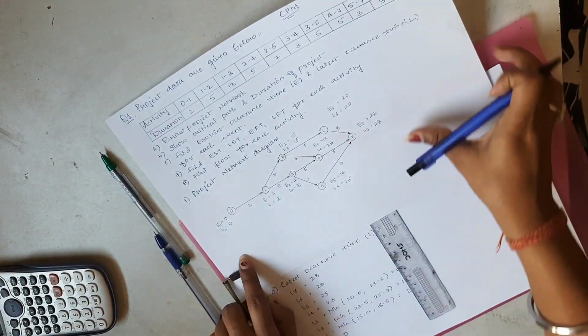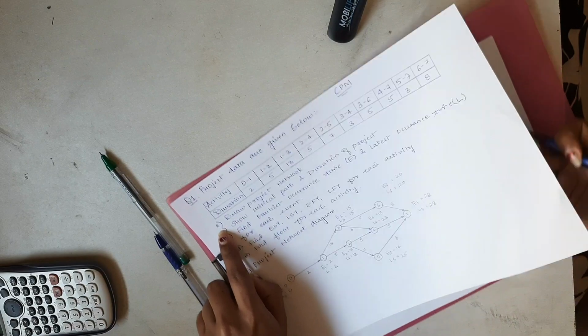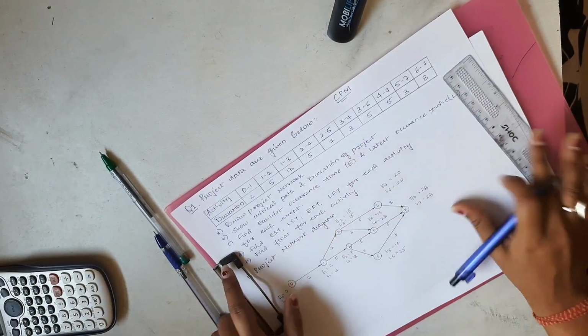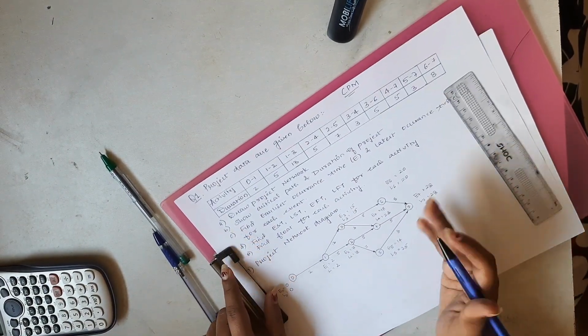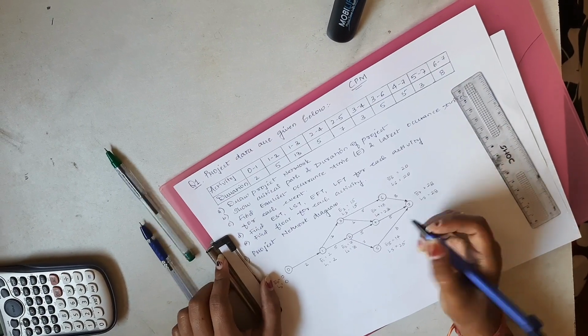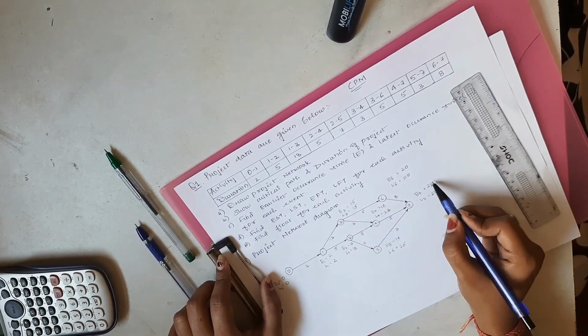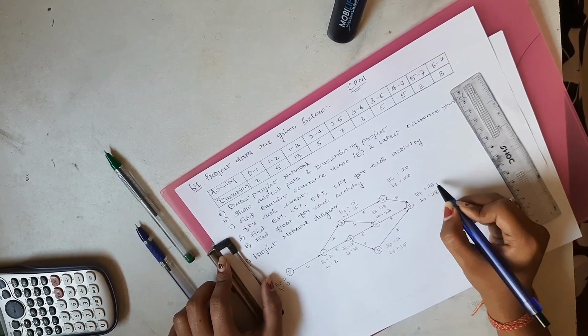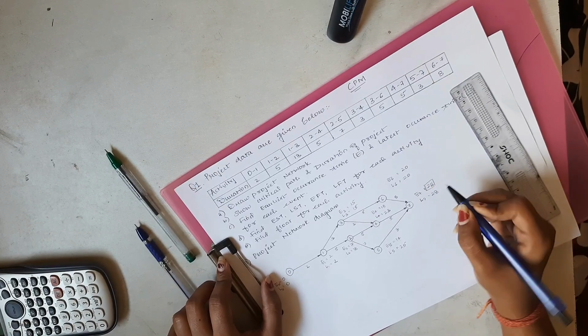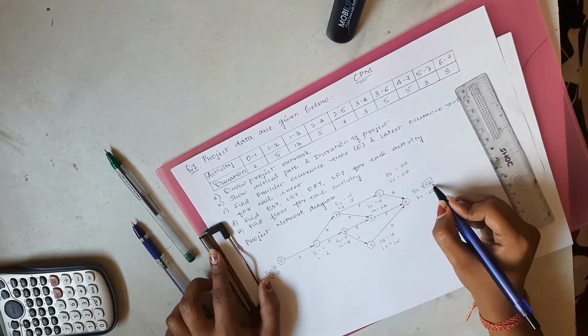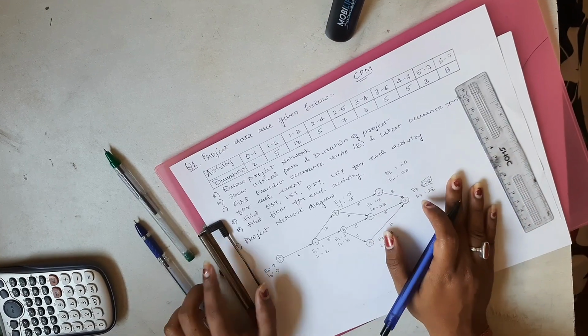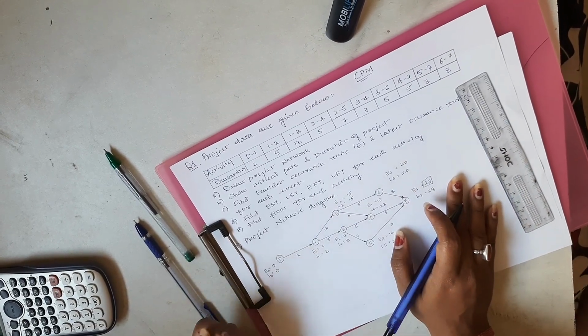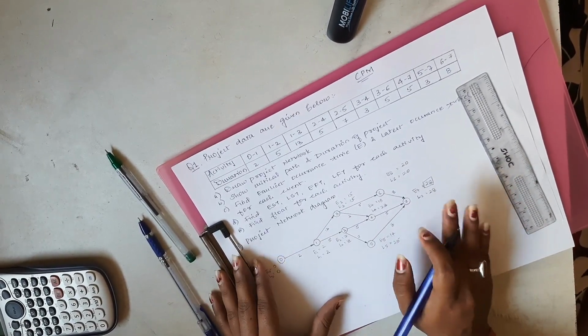So let us know what is the critical path. So the critical path is the path which has the maximum duration. So here the maximum duration for our project is 28. Okay, so that path which gives us the duration as 28 is the critical path. So there's one trick to find out which is that path, which is very easy.